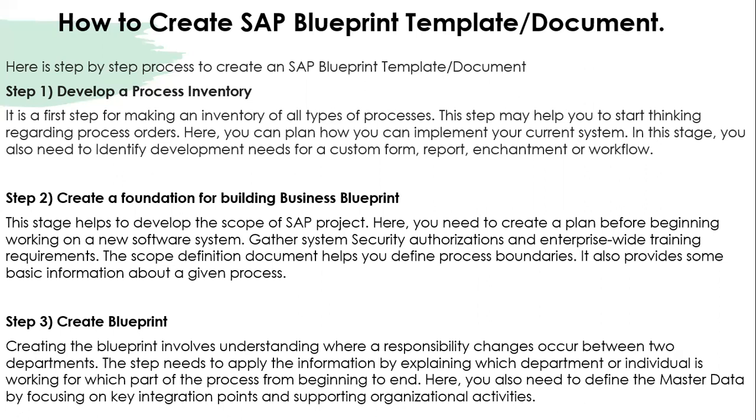Now, the third is create blueprint. Creating the blueprint involves understanding where responsibility changes occur in a department. The step needs to apply the information by explaining which department or individual is working on which part of the process from the beginning to the end. So basically, this is about understanding the business process and also advising the client on the best department or the best people